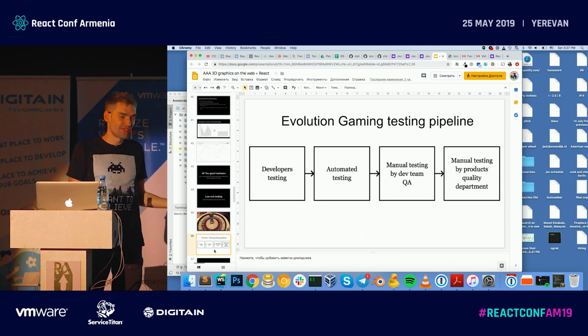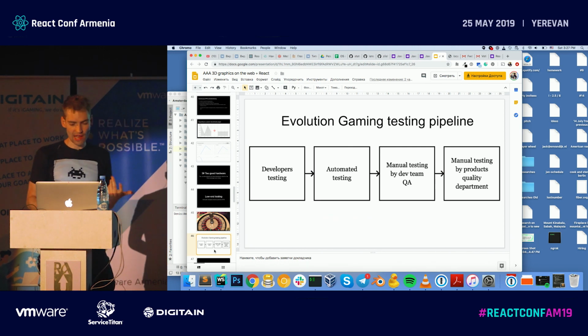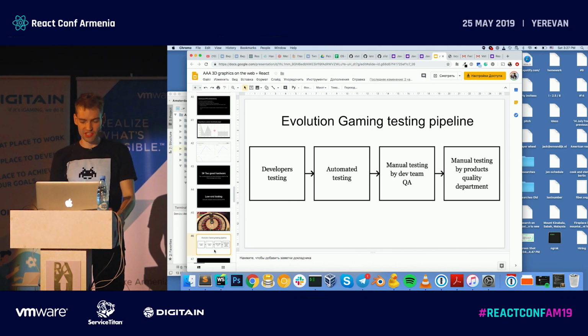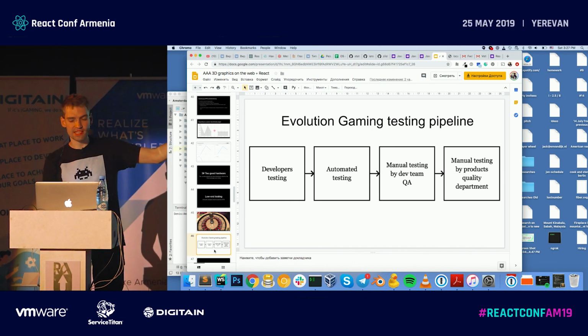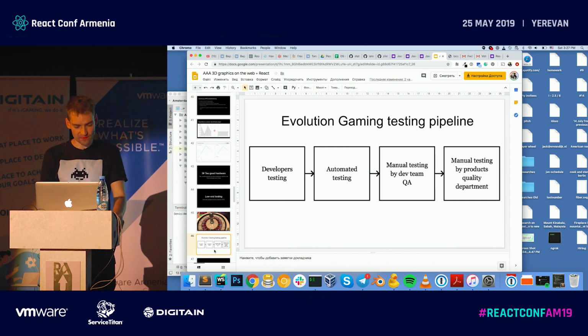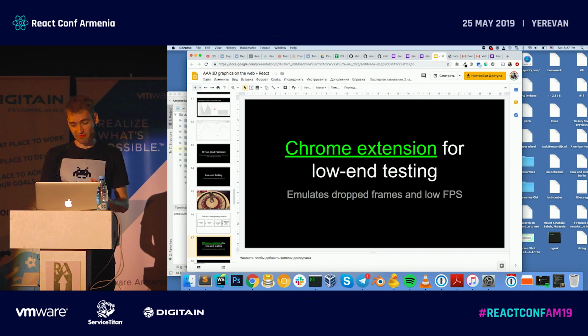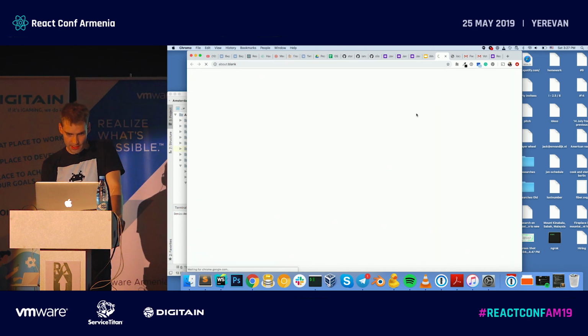They mostly have, it's like 1 drop frame is not enough. Even if you have an average phone or iPhone 6, it was not that bad. So the whole pipeline of testing passed through this issue, and it happened to be like 4 a.m. coding. So then we released a Chrome extension, which is